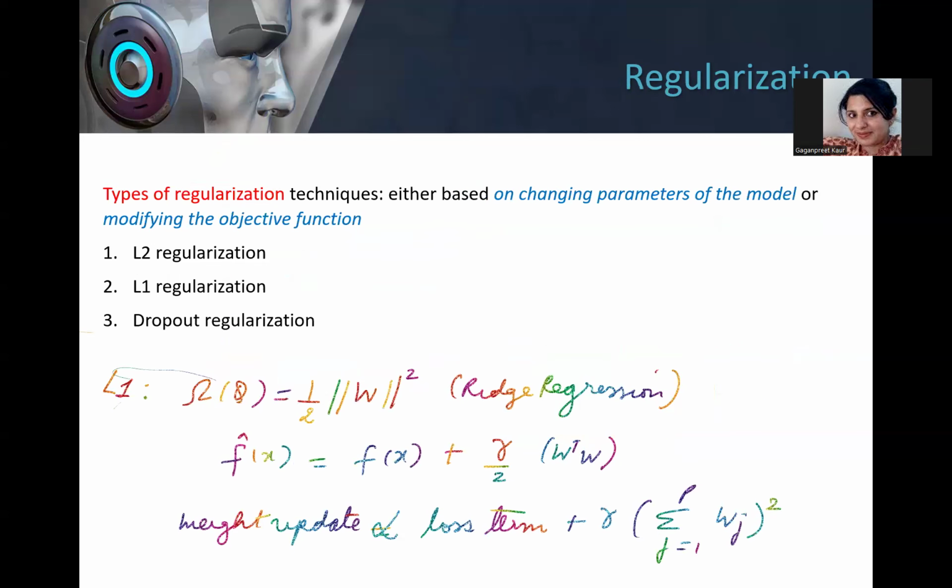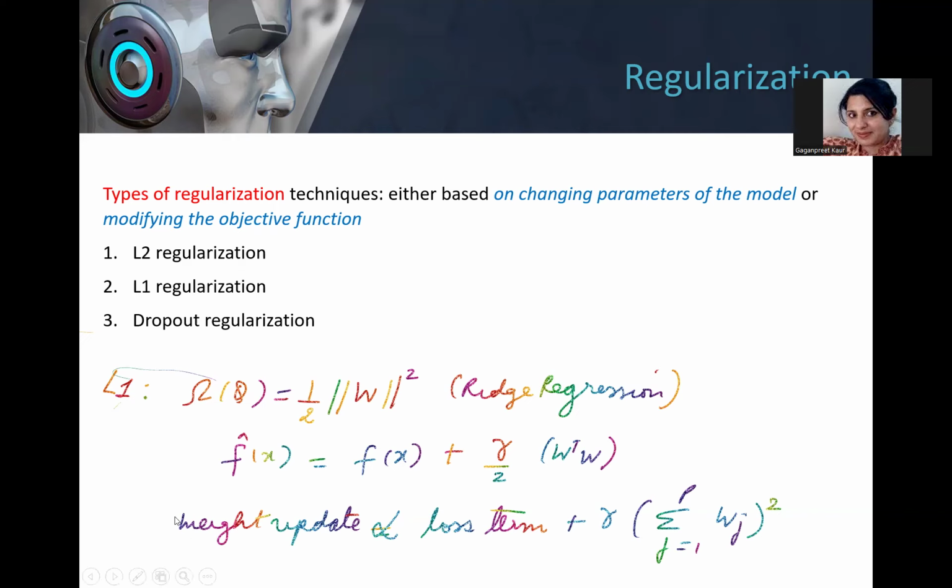There are many ways, early stopping is there, L1 L2 being the most common, then there is dropout regularization, then there is bagging also, but we are not going to focus on all, we are going to focus on only three, that is L2, L1 and dropout regularization. So these work on changing the parameters of my learning function, my loss function update, my weight update; they focus on changing these, L1 and L2. Whereas dropout regularization is changing the parameters of my model, that is its sparsity; we change the network of the model.